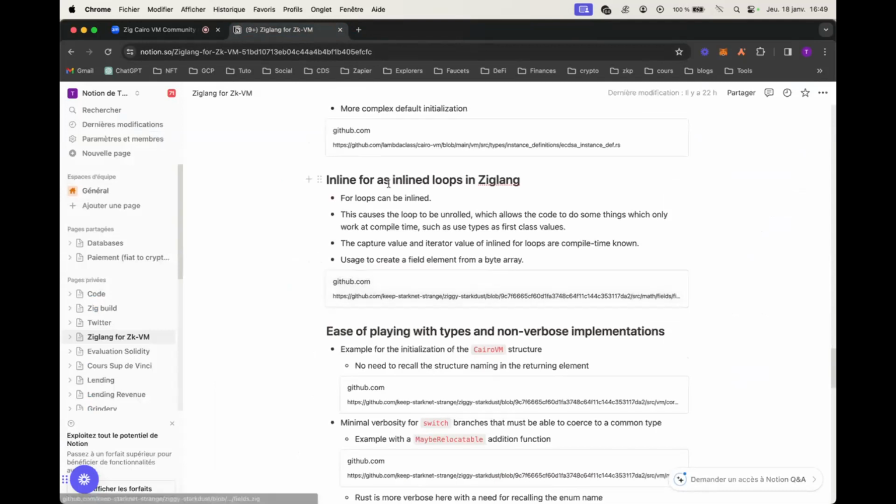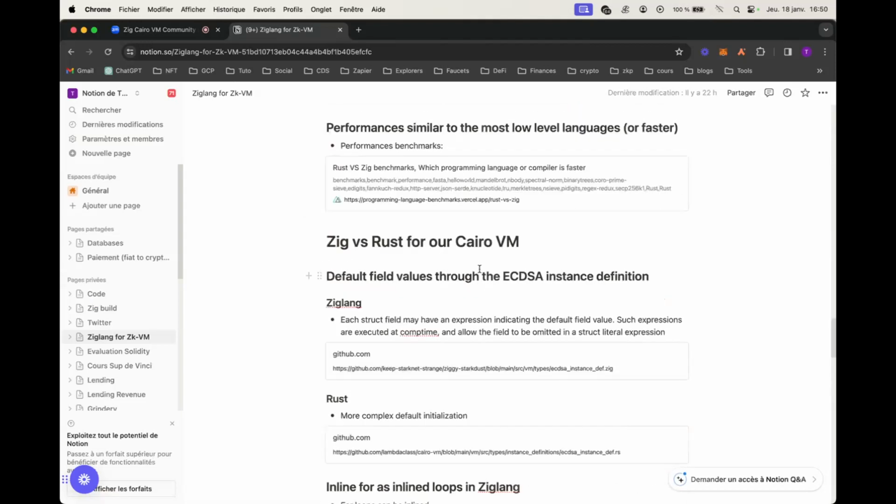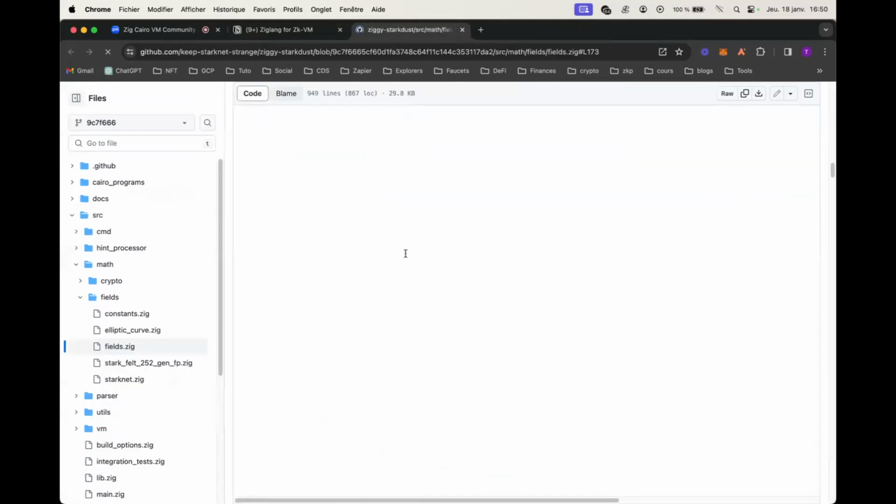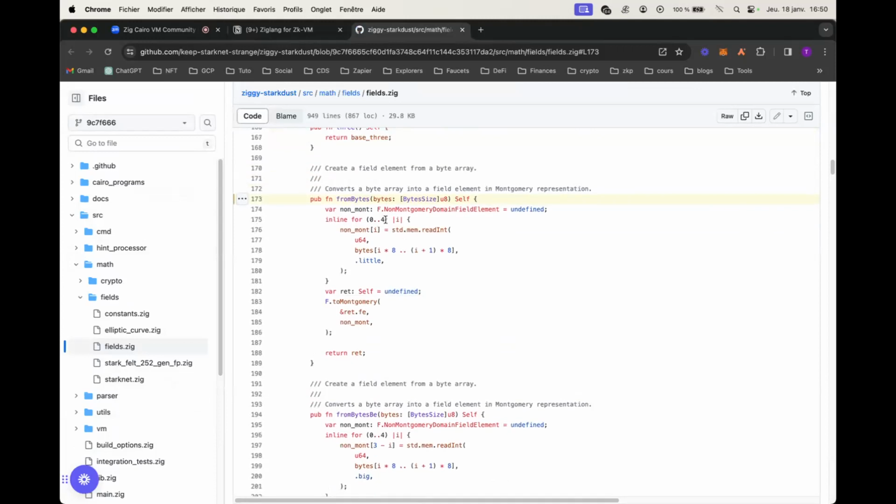You have also inline for loops that are for loops that can be inline, and in this case the loop is unrolled, and it allows to do some code step in an unrolled manner, by just putting the inline word in front of your loop operation. I will show you a basic example there also, like here. You need to know, for that, at compile time the bounds of your for loops,